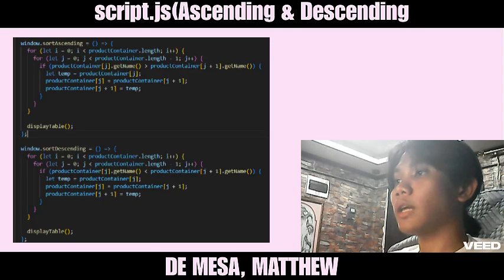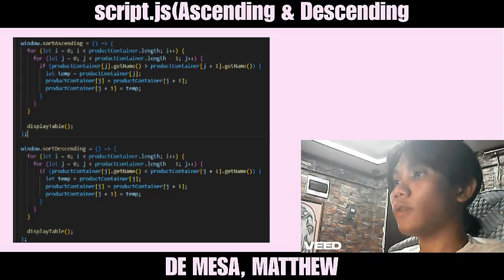So let's have an example. In this system, we have A, whose Unicode is 97, D, whose Unicode is 100, C, whose Unicode is 99, and B, whose Unicode is 98. And we want to ascend them, meaning smallest to largest. So let's compare the first values. A is less than 100? Yes. No swap. Then let's compare D and C.